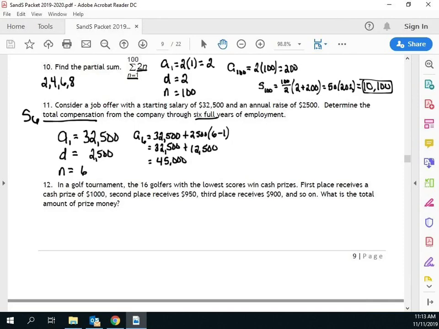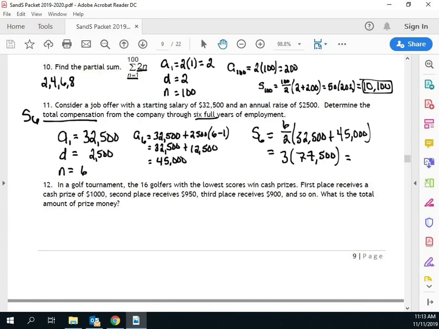How much have you paid for all those 6 years up to the last one? So, summation up to 6 is 6 divided by 2, his first year's salary plus his last year's salary, and so you end up with 3 times 77.5, which is,